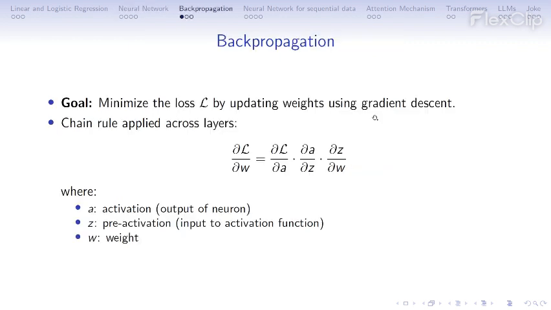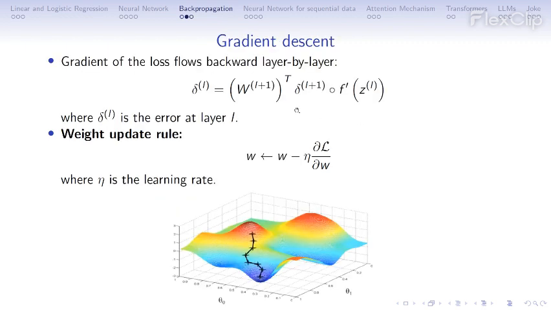Again, easily it looks like that. So gradient descent. Gradient is an abrupt increase of some elevation, and gradient descent is the opposite, the negative direction of gradient ascent, of course, and the gradient of a loss flows backward layer by layer. As I said before, the gradient goes layer by layer.